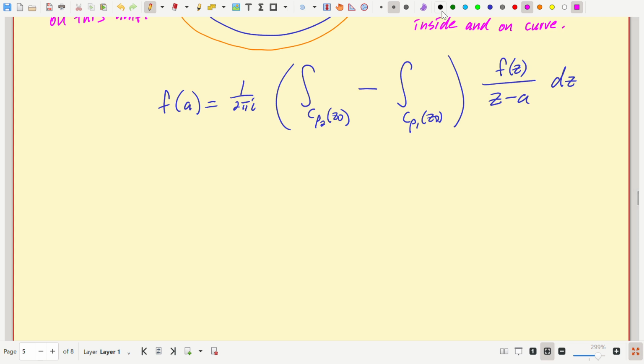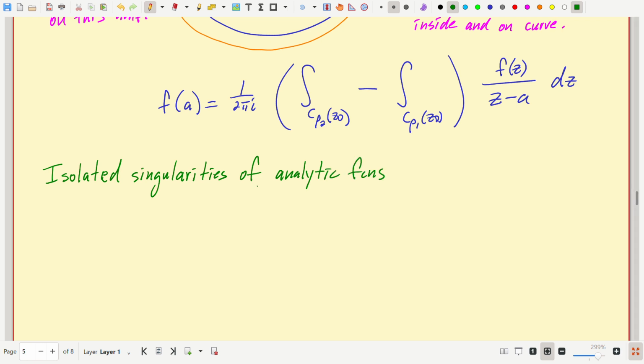And so our next topic that we're going to study is isolated singularities of analytic functions. So Z naught is an isolated singularity of f